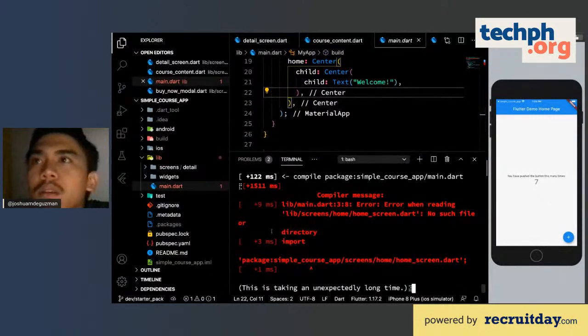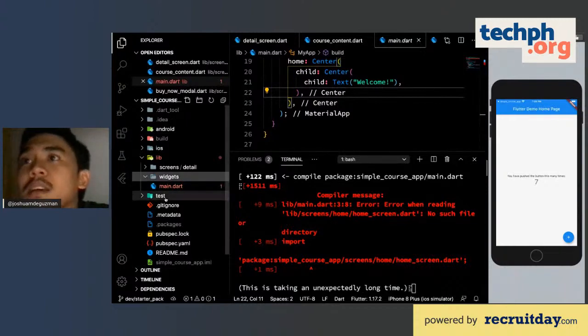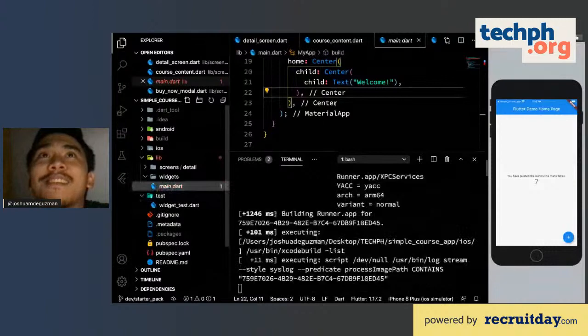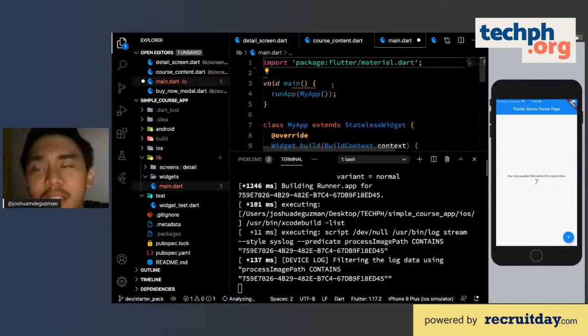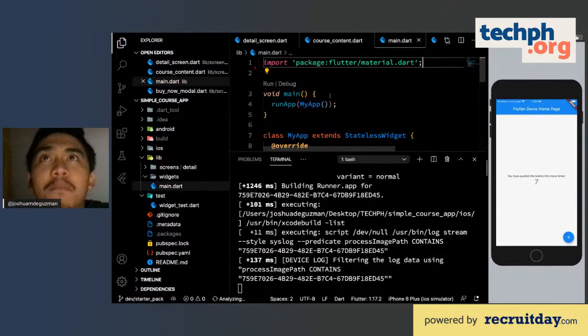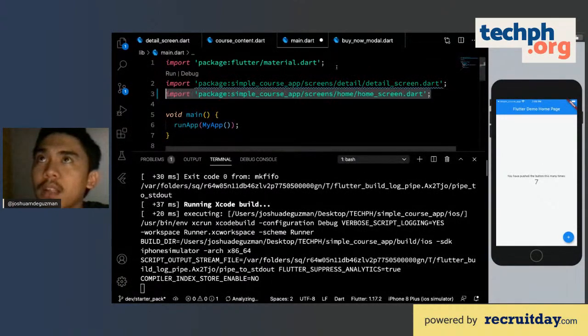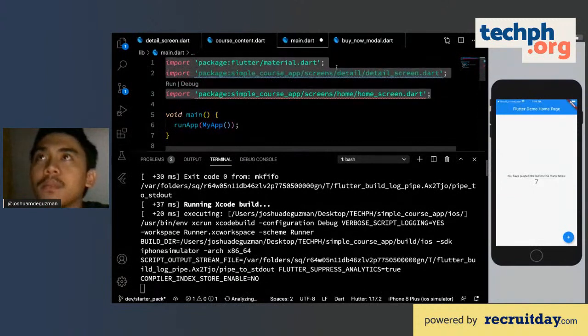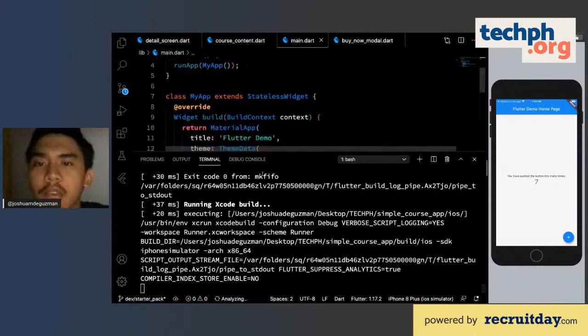So yeah, at least it's my error, so at least we get to fix this together. There's an error, probably because I deleted this one, so you don't have to start with a very beautiful app right away. Just remove lines 2 and 3 on the main.dart file. Just try to remove that one. Okay, I guess we're done here.